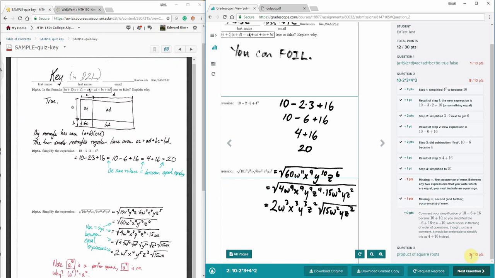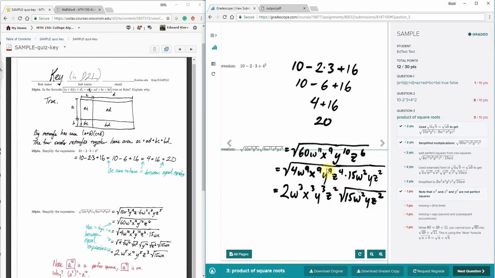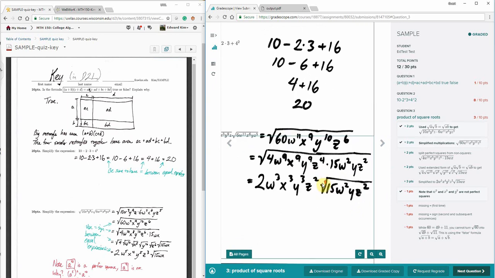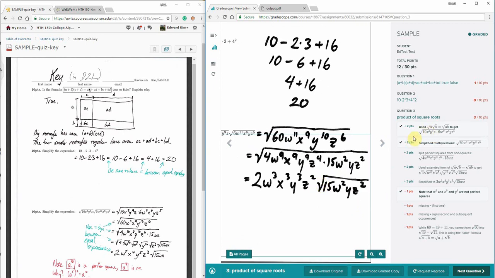And then finally for question 3, the student earned 3 points out of 10. So we'll click on the question title, product of square roots, and then let me zoom in on the student's work, and we'll see what happened here. So yeah, the student earned credit for the first rubric item and for the second rubric item. It looks like to earn full credit, the student should have needed these other rubric items checked, but that didn't